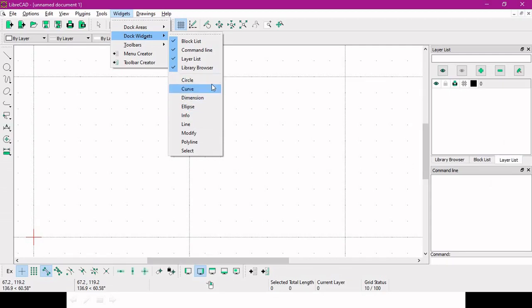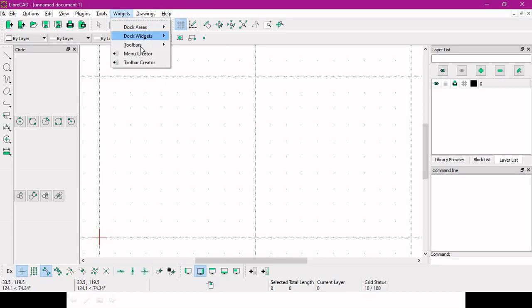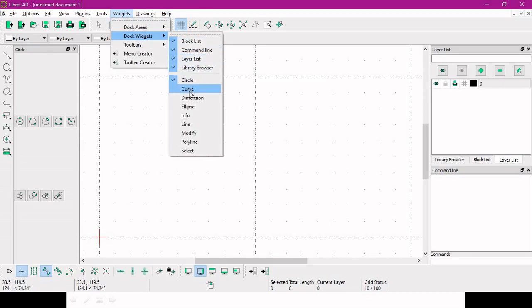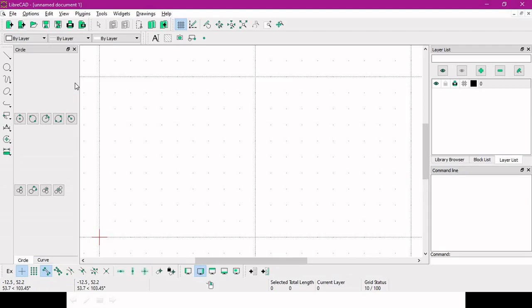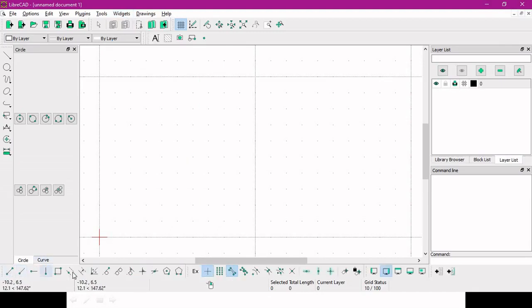And these others are tools. So these tools can be brought by clicking on them. Let's see, just click and you will get this circle widget. Similarly you can bring the other widgets also, say curve and everything. So these things are in the form of widgets. You can also get them as toolbars. In the toolbar option you go, and here you click according to your requirements, and it will come. Let's suppose click on the line toolbar, so it has come here.